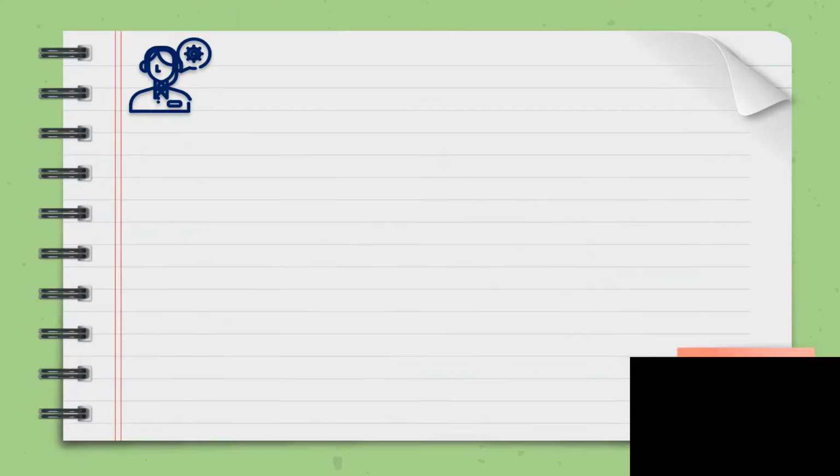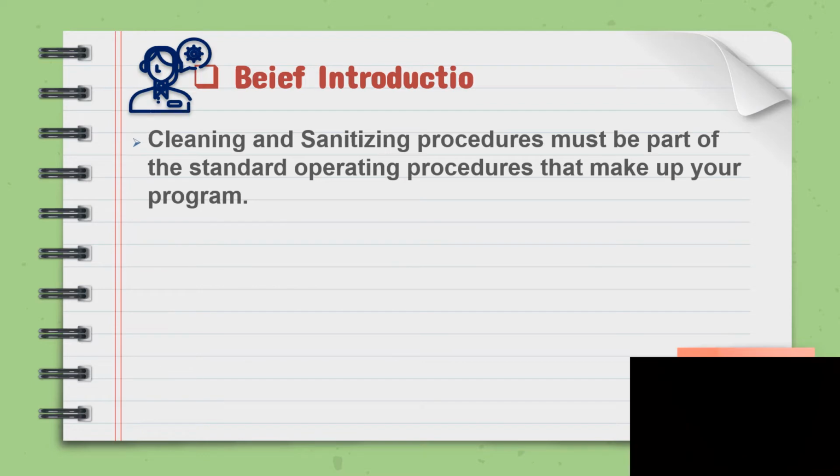Okay, let's have a brief introduction. Our cleaning and sanitizing procedures must be part of the standard operating procedures that make up your food safety program. So for example, the cleaning and sanitizing is very important and we should have the standard operating procedures. Pag sinabi natin standard operating procedures, ito yung golden rules o instruction na pinapalo ng bawat restaurant, fast food, or